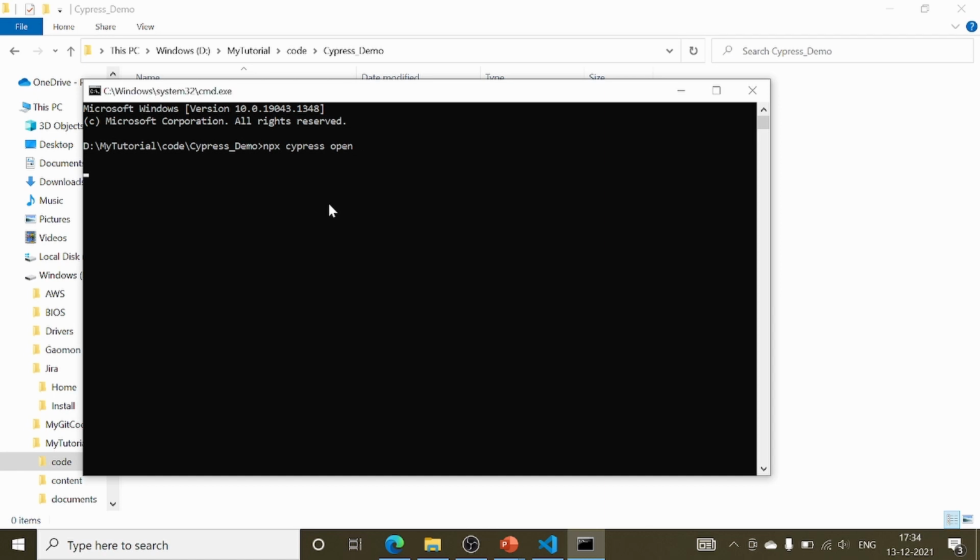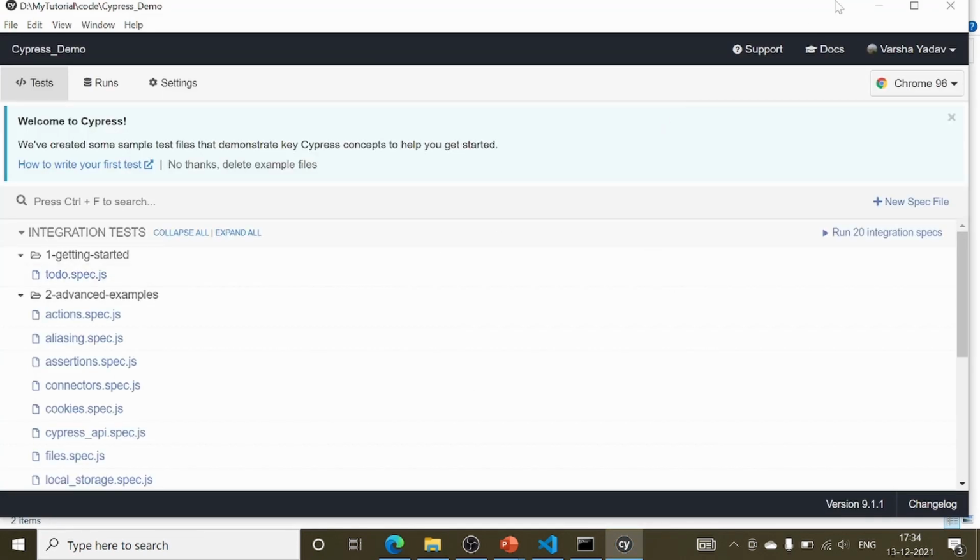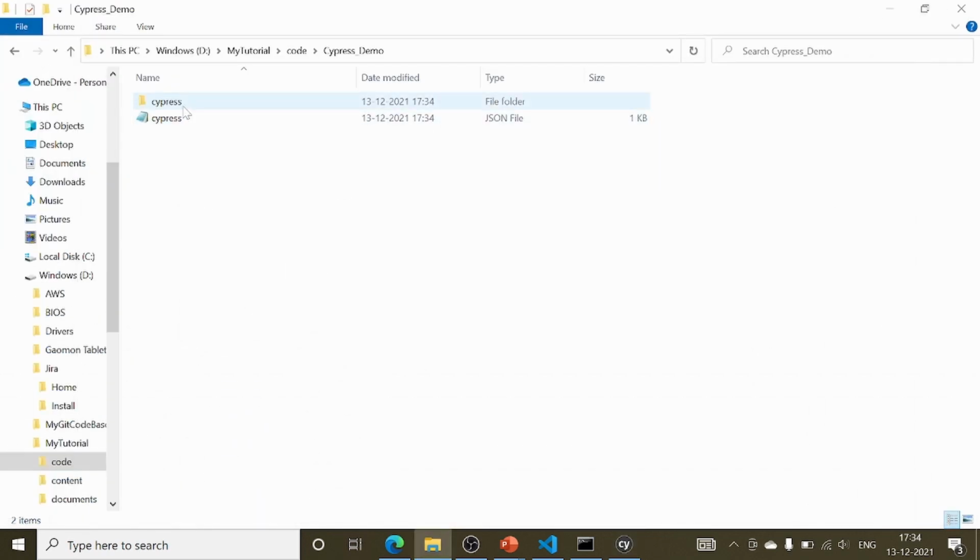As soon as I give this command, a few folders are created automatically in this location, and a Cypress test runner is launched. So this is the Cypress test runner which is launched, and inside the folder one folder is created with Cypress and it is having all this folder structure.